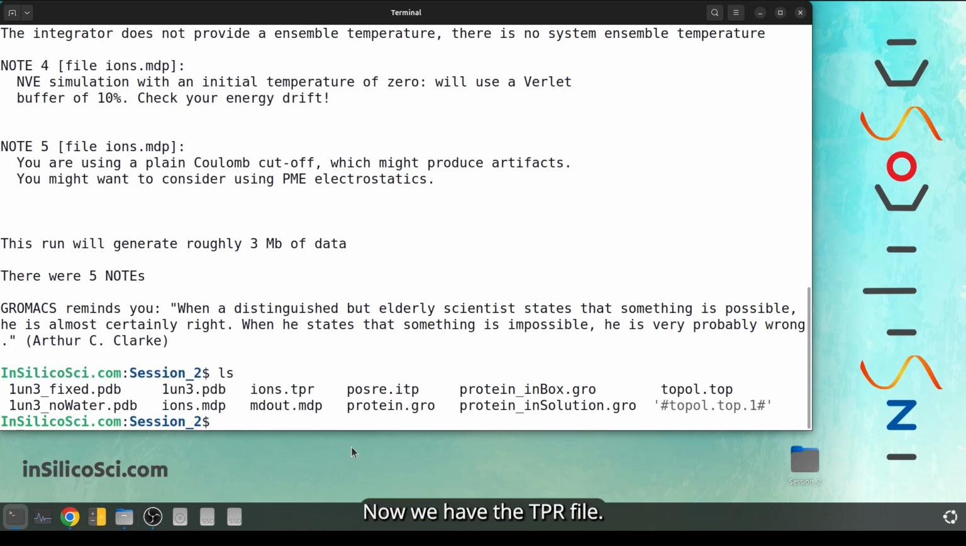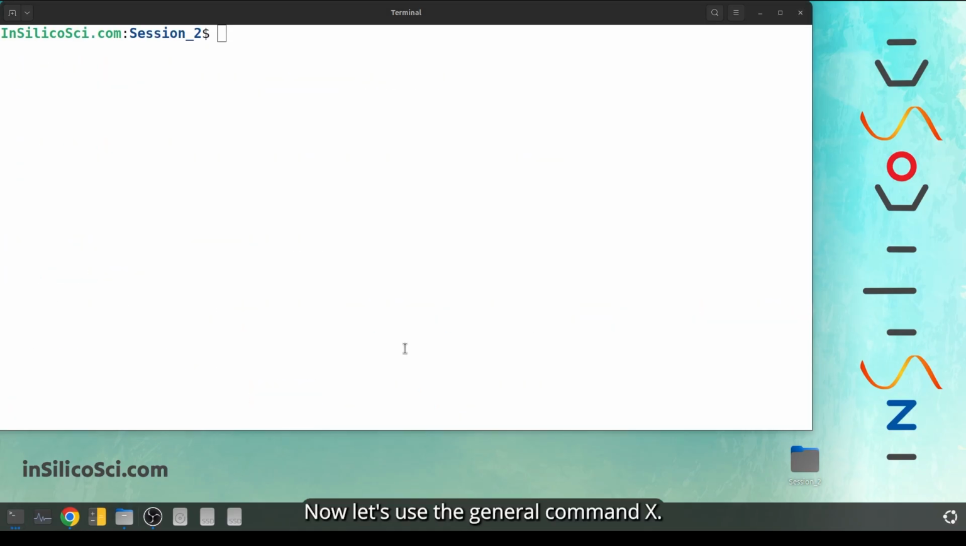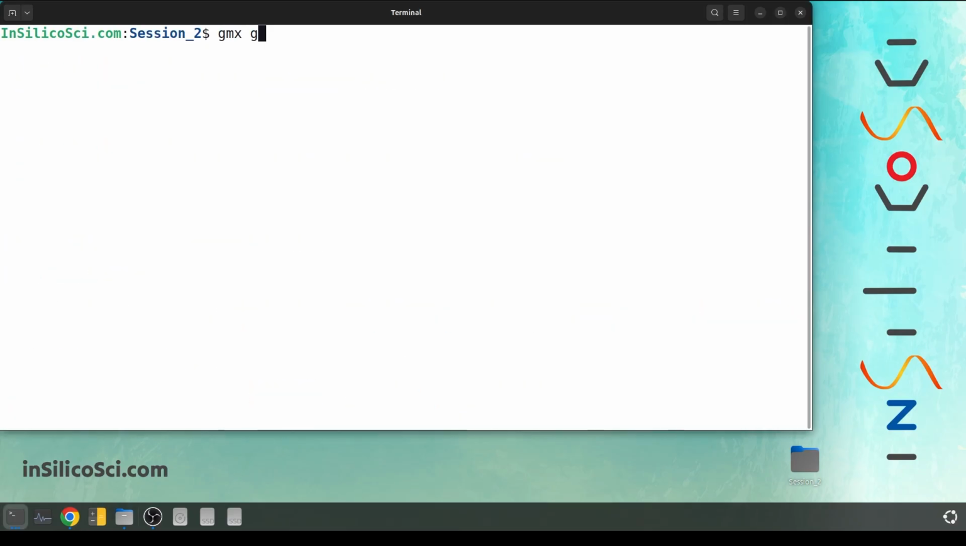Now we have the TPR file. Now let's use the genion command, gmx genion. It needs the TPR file with option -s, and the topology file and the output file. We can name it protein plus